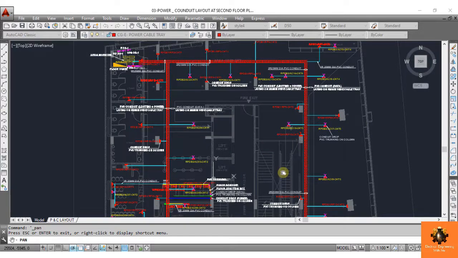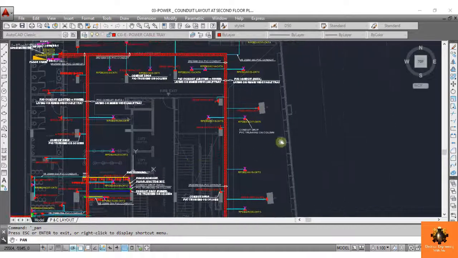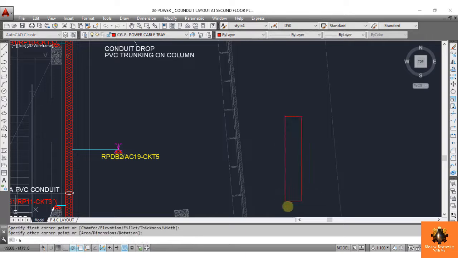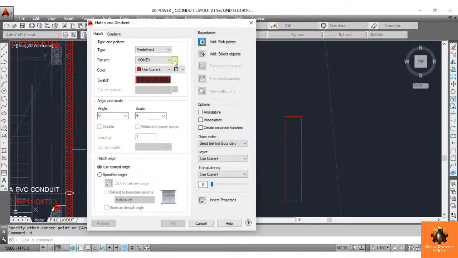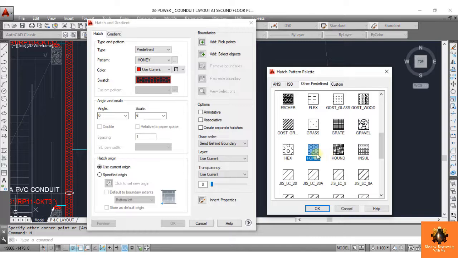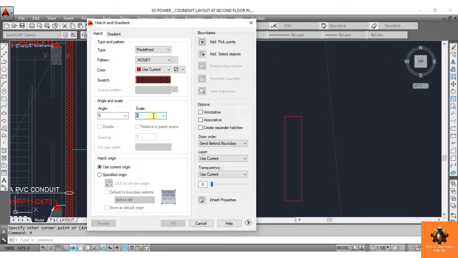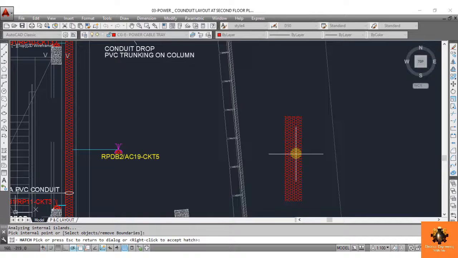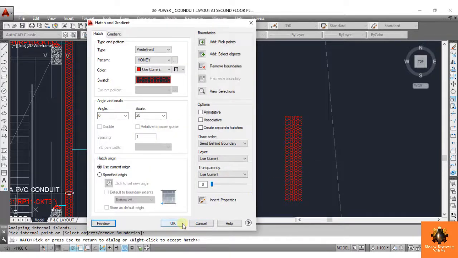So this is all about cable trays. And you can draw your cable tray plans as per your requirements. Clear? And at last, let's see how to draw this cable tray. It is very easy and very simple. Take a rectangle, then a hatch pattern. Let's use this one and set the scale. Now see the preview. If you want this, then okay. Otherwise go with a different scaling factor.